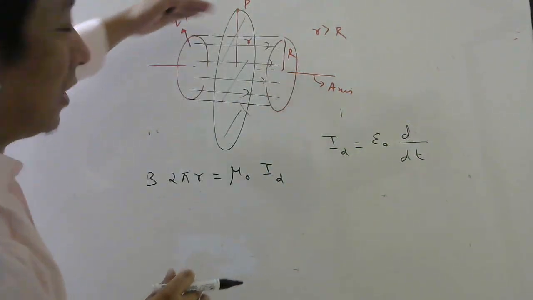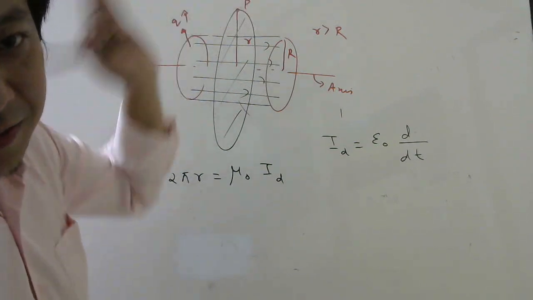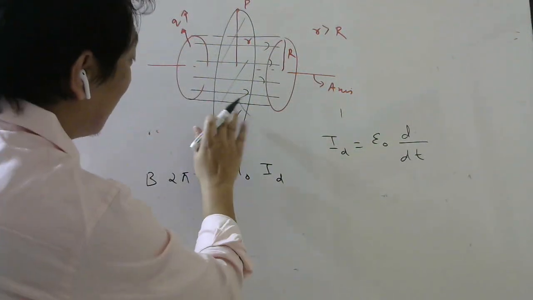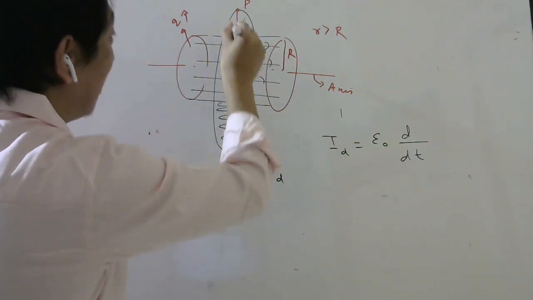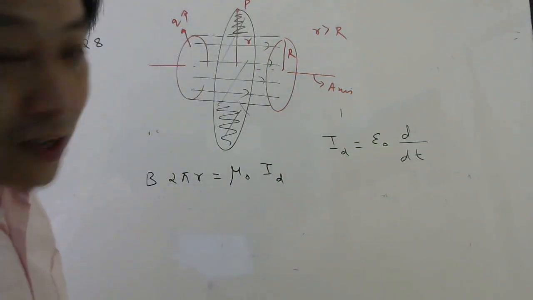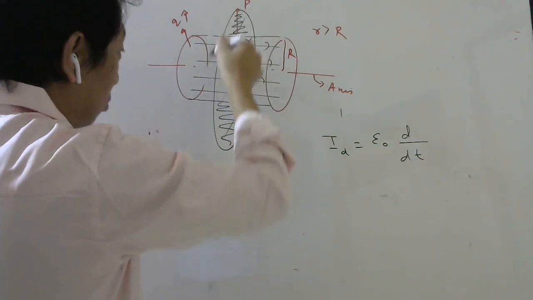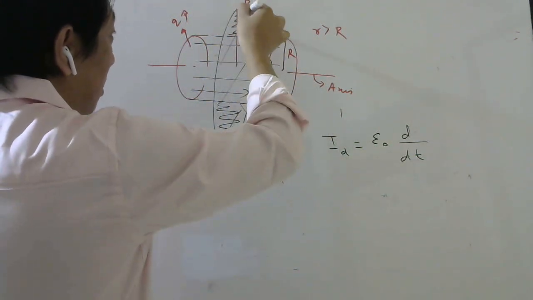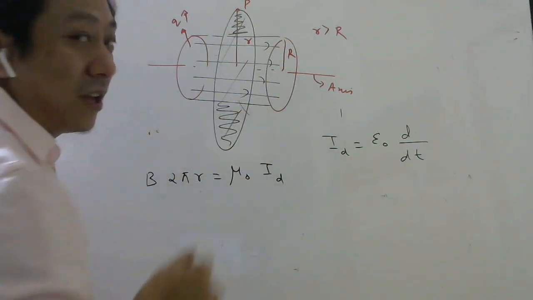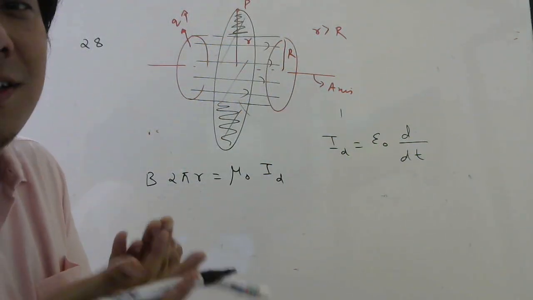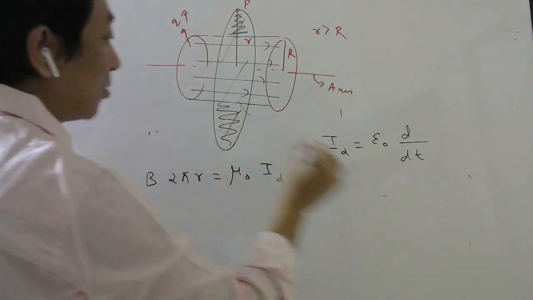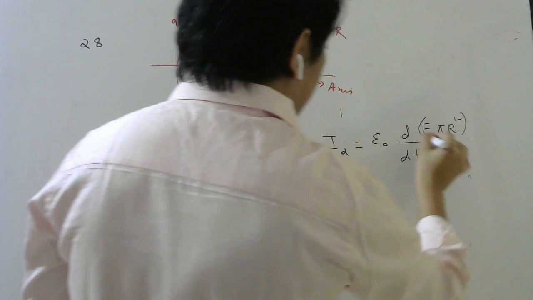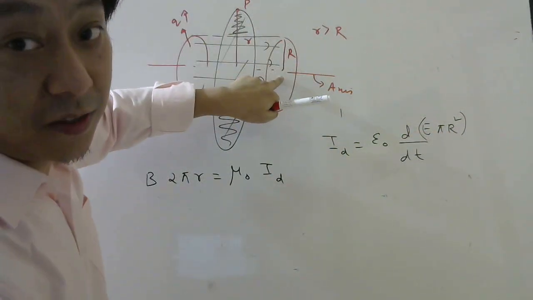Of course, we can neglect the fringing of electric field and all. So if electric field is only here, it is very clear, students, that this part of the area and this part of the area are useless. Though I want flux through this loop, I have to only calculate flux through this region, because the remaining area has no electric field. So how will there be electric flux? So I have to write E into pi r square. If I'm outside, I have to use the radius of the plate.